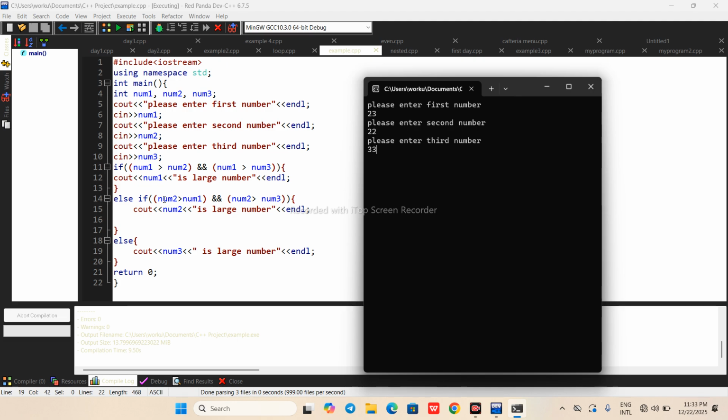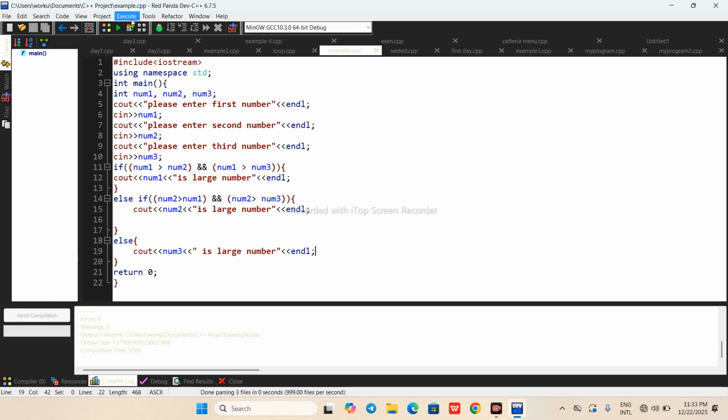Let's come to the else if statement. Num2 is 22. Is 22 greater than num1? No, this is false. In logical AND both should be true. So we do not need to evaluate the second one. So the output will be num3. The value of num3 equal to 33 is large number will be in the result.